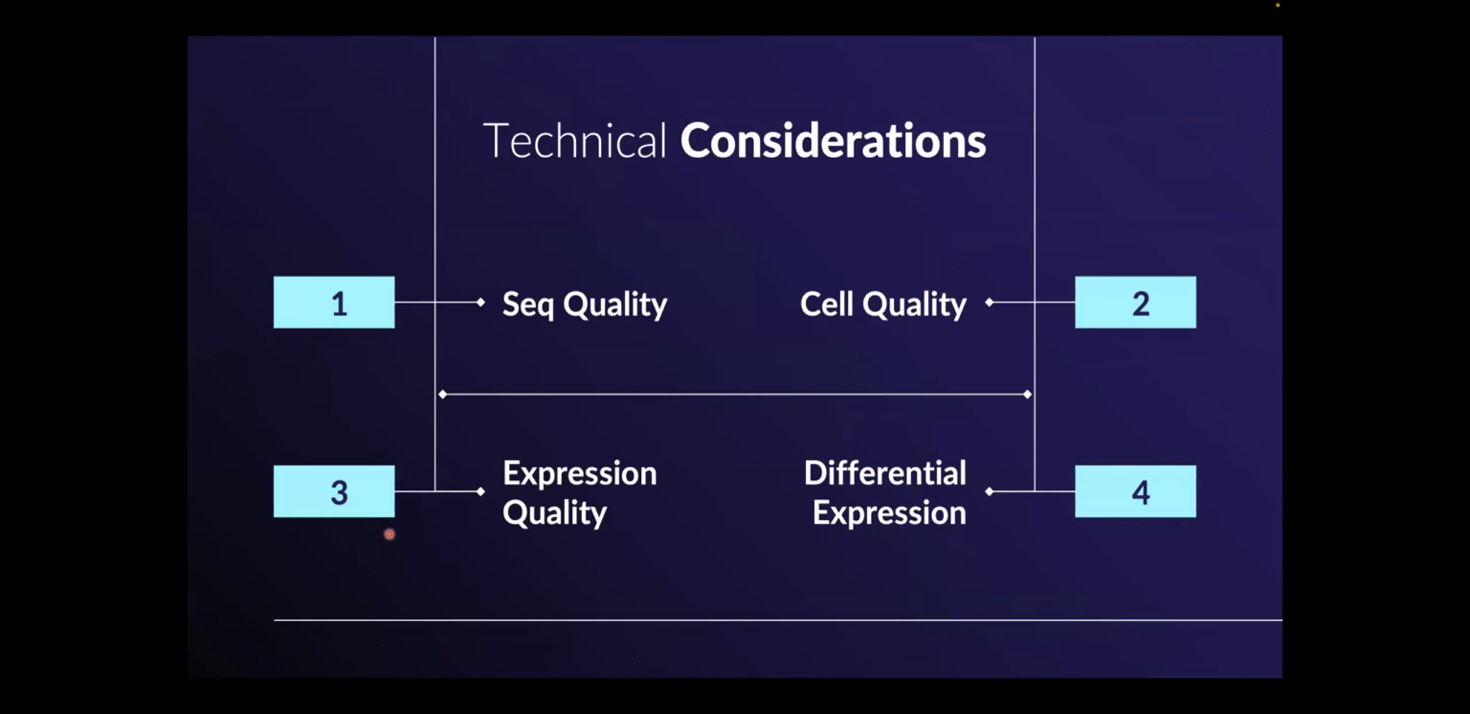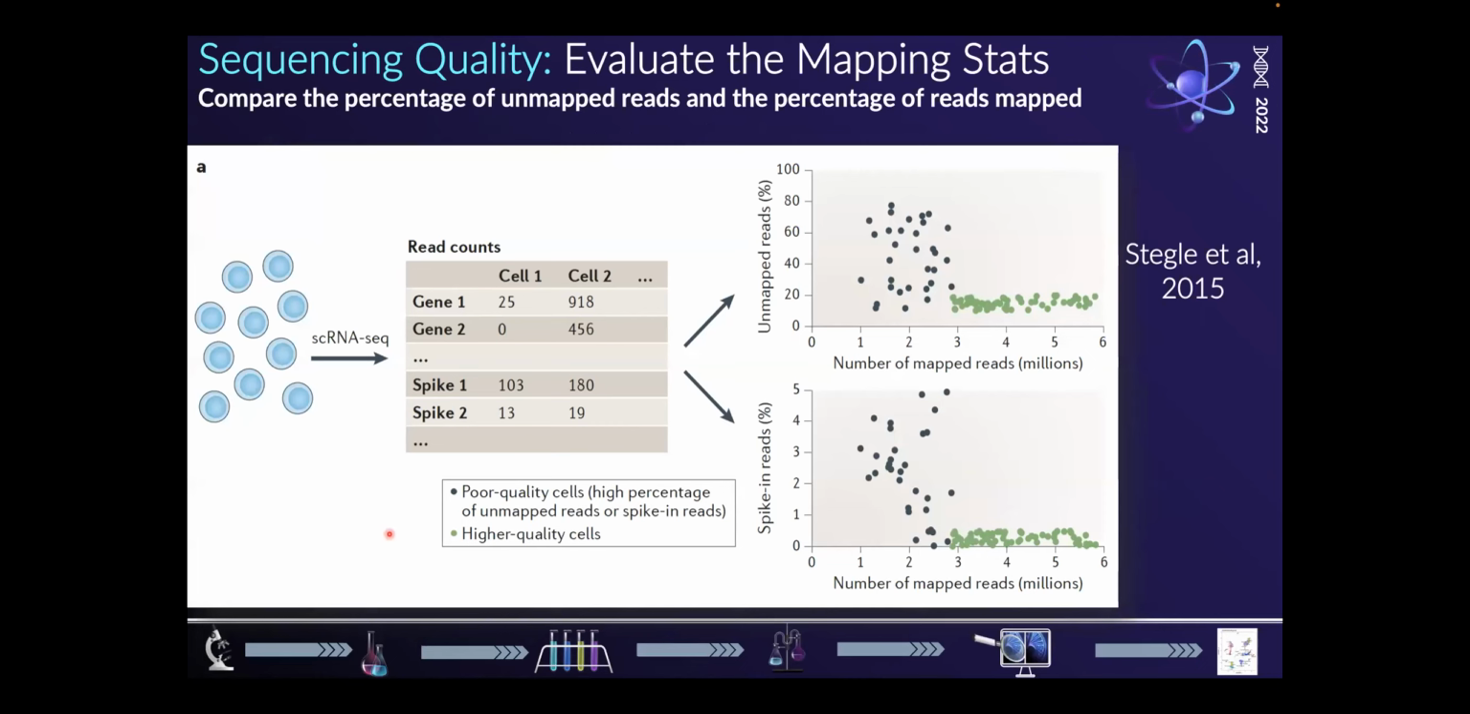The next step is to start thinking about what could be wrong with your data, or what could be right with your data. This is where you look at some technical considerations, which include sequencing quality, cell quality, and the expression quality of your data. Also, is there any differential expression between different cell types, or within a particular cell type, across phenotypes? I'm going to break them down bit by bit, starting with sequencing quality, expression quality,